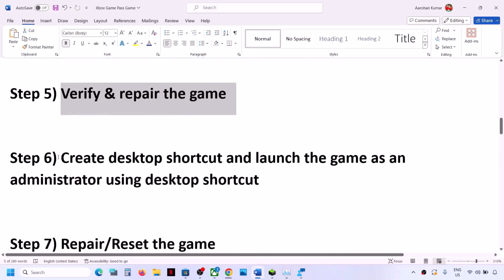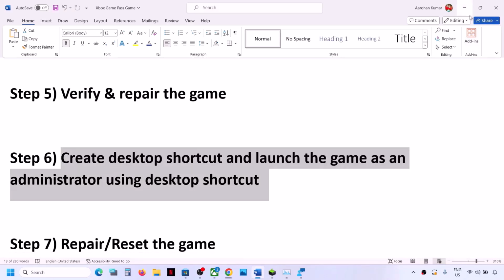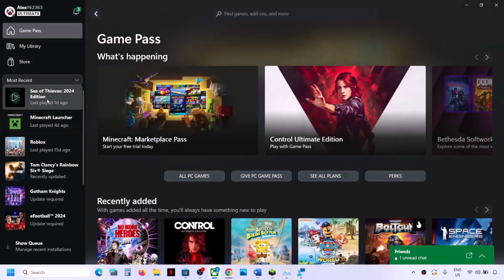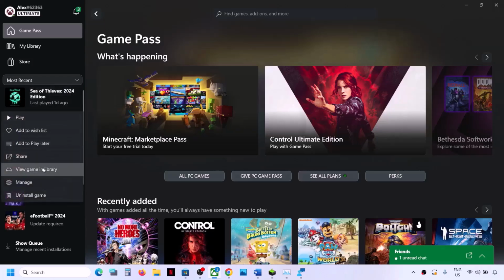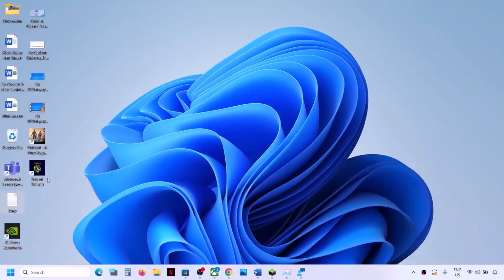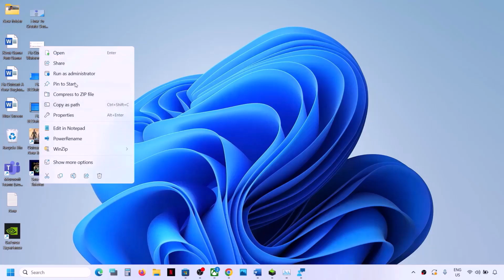Next step is to create desktop shortcut and launch the game as an administrator using the desktop shortcut. So you can make a right click on your game. This is just an example. I'm showing you with different game, but you can do the same thing with your game which is giving you the problem. So make a right click and then select manage, and then under general over here you can see create desktop shortcut option. Click on it. Once done, now go to desktop, and here you should be able to see the desktop icon of that game. Make a right click on the shortcut, and then you will see run as administrator option. So click on run as administrator and then check. Now if it's still not working,